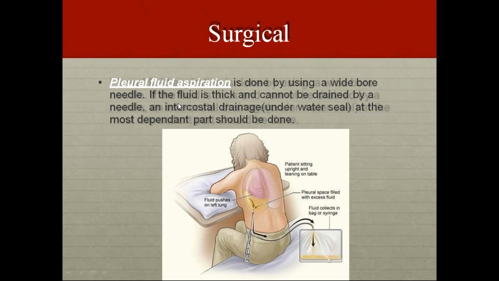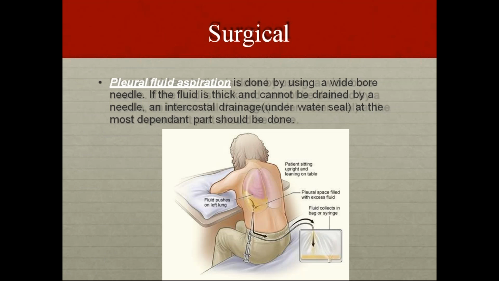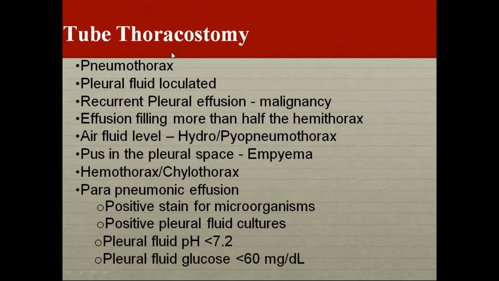It is done by a wide bore needle. If the fluid is thick and cannot be drained by needle, then intercostal drainage at the most dependent part must be done. As I already showed, that is a tube thoracostomy, and it has to be done when there is a pneumothorax,